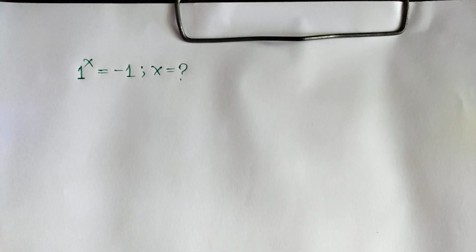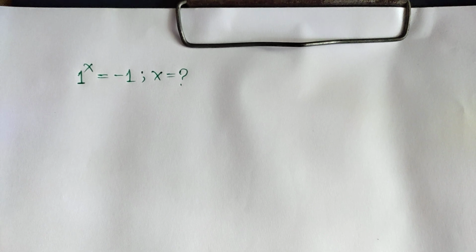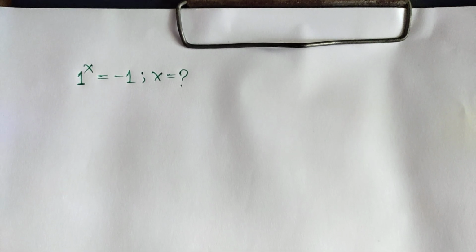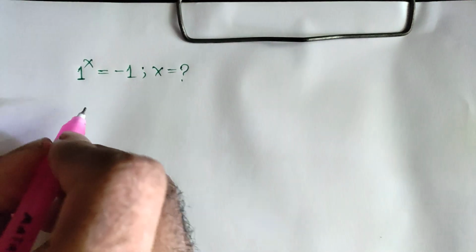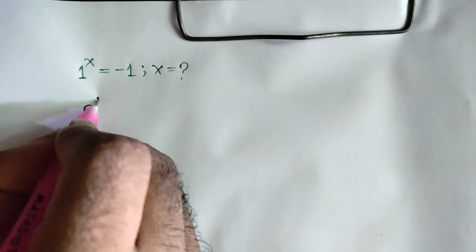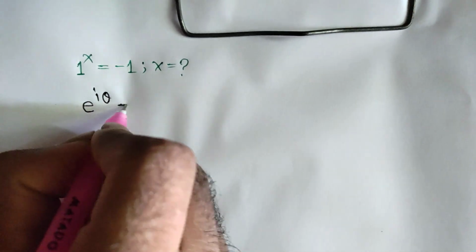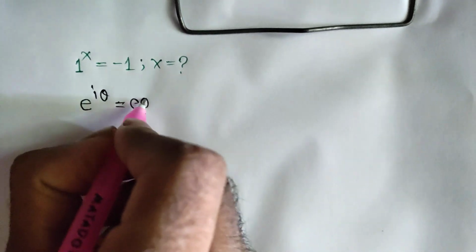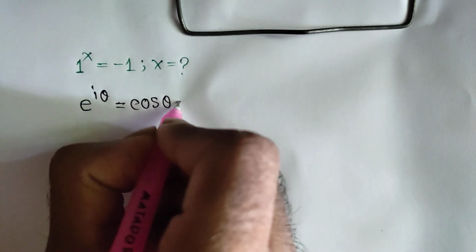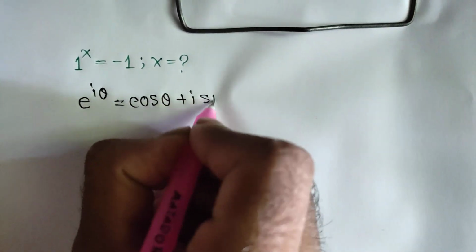Hi everyone, in this video I am going to show how to find the value of x where 1 to the power x is equal to negative 1. From Euler's theory we know e to the power i theta is equal to cos theta plus i sin theta,